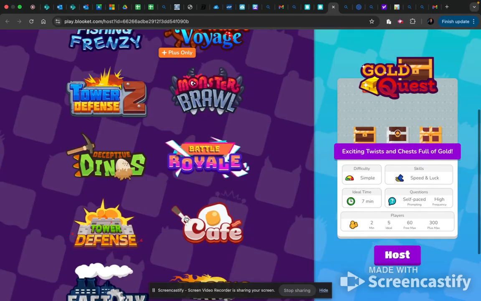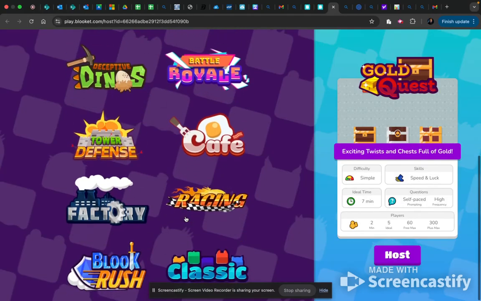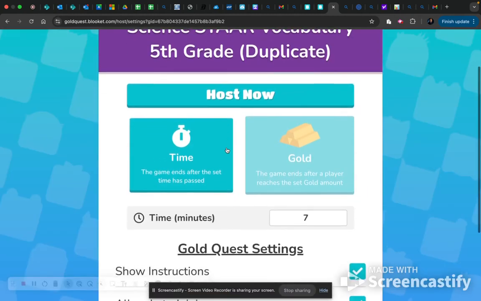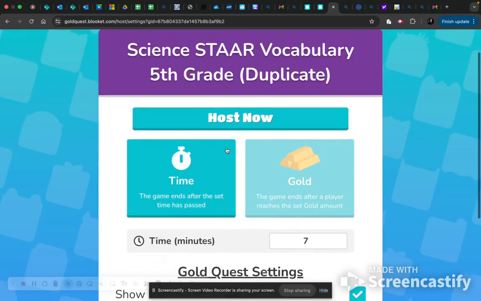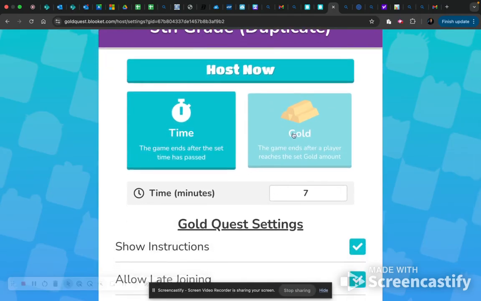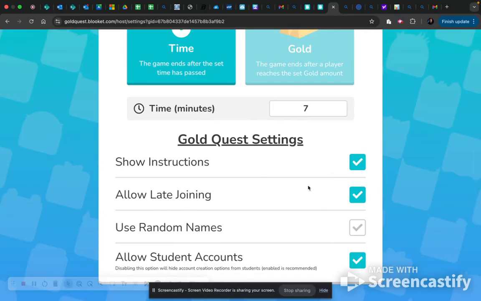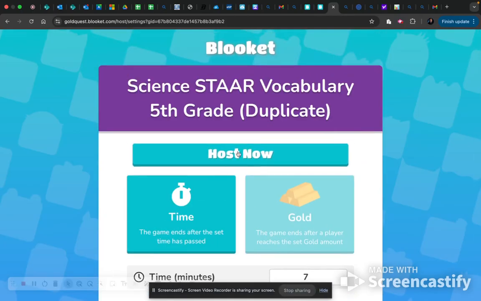Kids are going to have their favorites, but eventually they'll want to play all of them. When you click host, after you choose what game, it gives you a template with different criteria you can use to set it up, as far as the time limit you want for the game, what the ultimate end goal would be, and different instructions and settings that you can do. Once you put host,